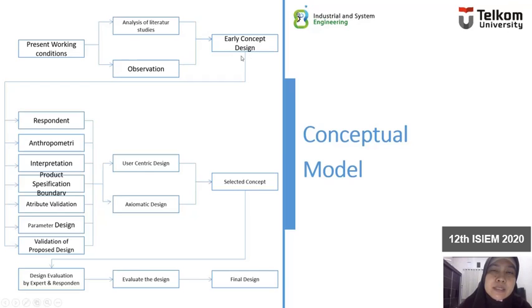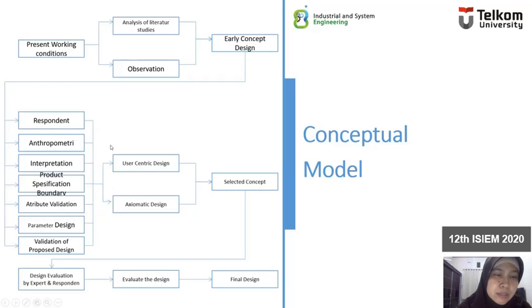This early concept design, we give to respondents. The respondents are a librarian, a student, and then the expert. And then we have the anthropometry dimension, and then we have the interpretation, the product specification boundary, and the attribute validation, and then the parameter design, validation of the proposed design.